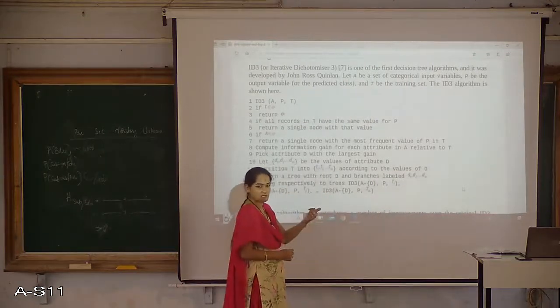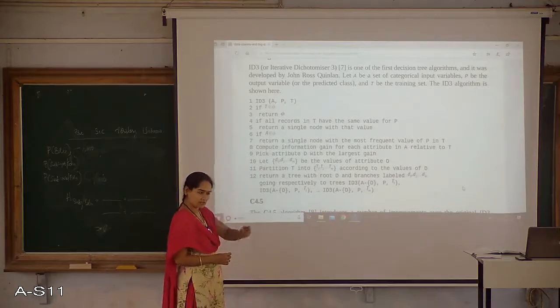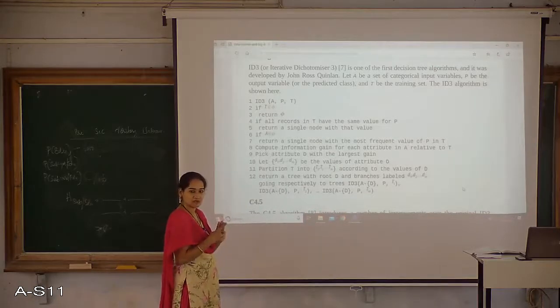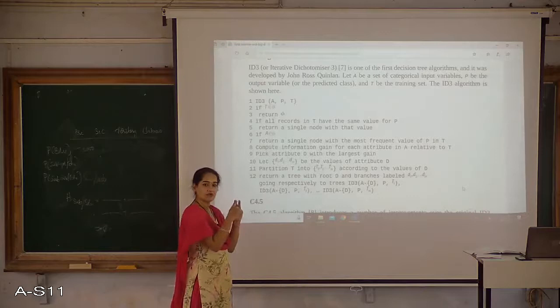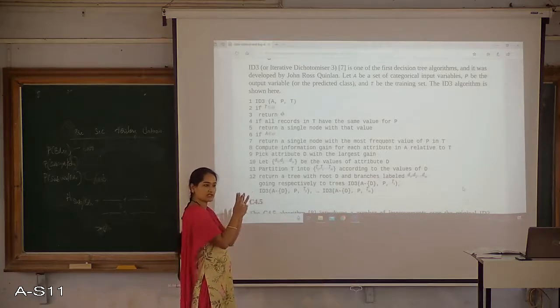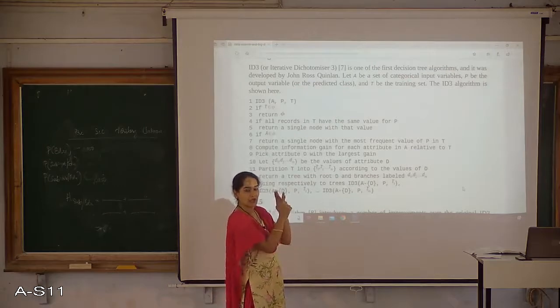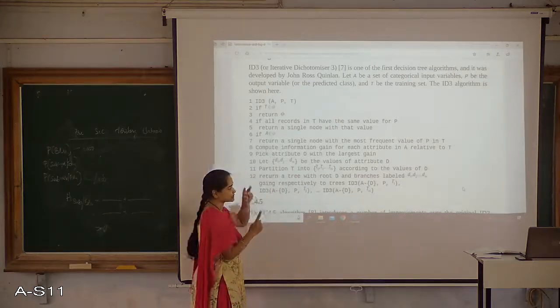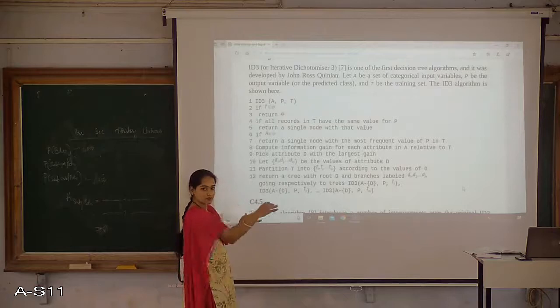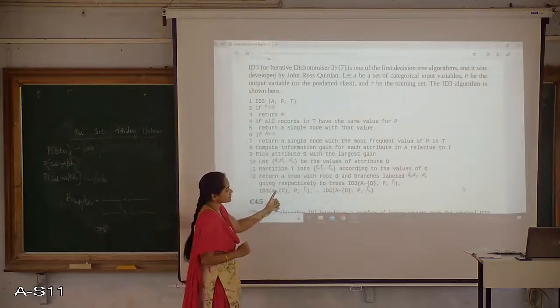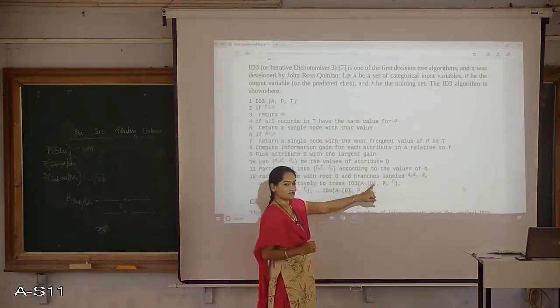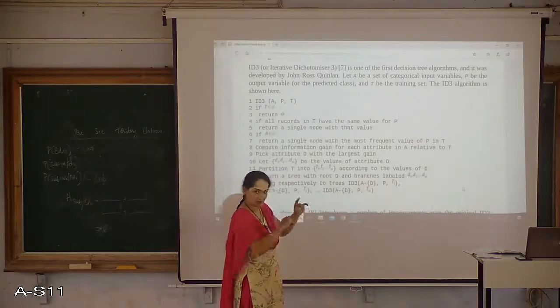So in this example, even if there are 3 P outcome values, failure, unknown and success, what we did is failure and unknown are grouped together as one category and success as one category. So we will be getting only 2 subtrees. According to that, we will be calling ID3 for the first branch and ID3 for the second branch.